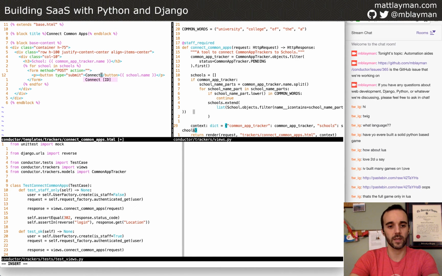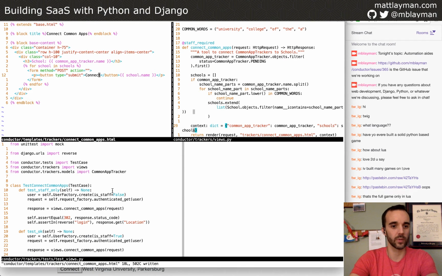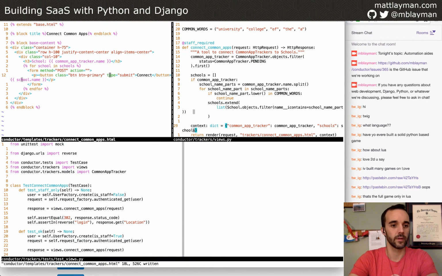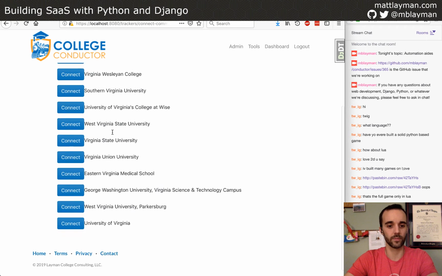And let's say connect and see what this looks like. Looks terrible. I'm using Bootstrap, so we can add a little bit of styling to say class button primary. And okay, that's better. Still not super pretty, but again, the important part is not to make this gorgeous, it's to be a useful tool.